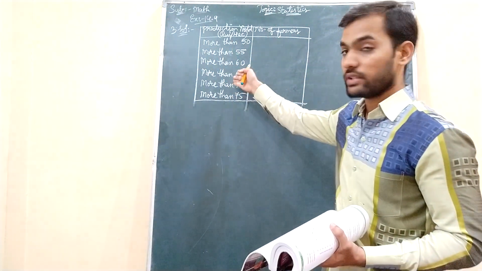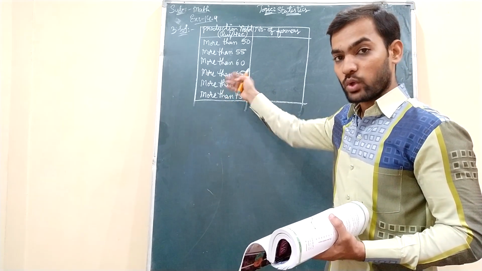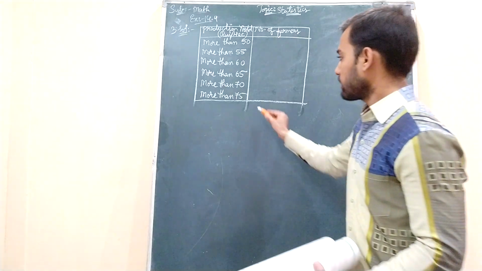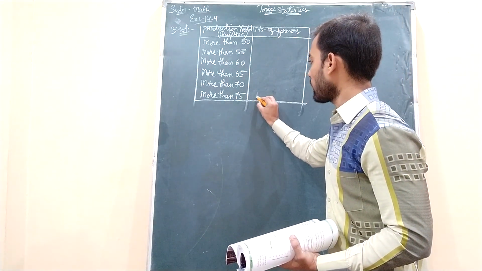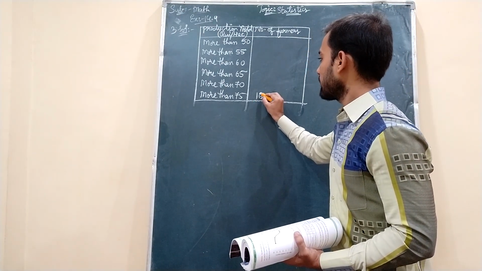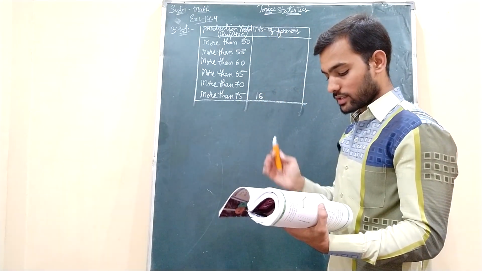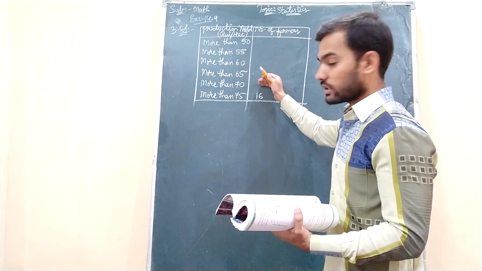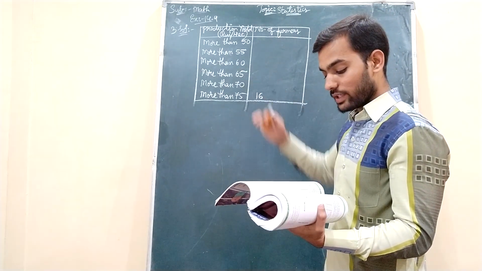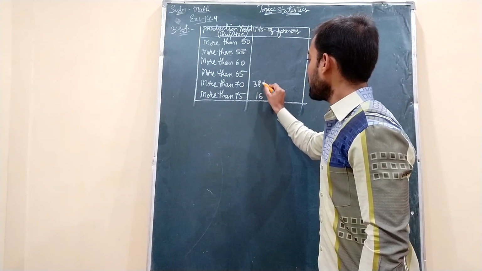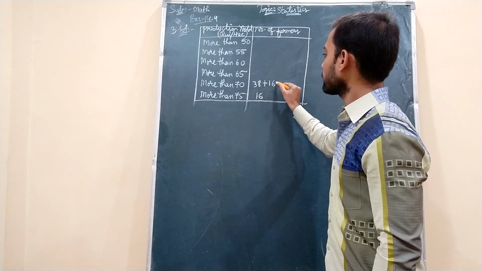Okay, students. So the frequencies should not be written here as given in the question, because you are converting it into a more than type distribution. We will start from the bottom onwards. First we will write 16, whatever is there in the question. Less than starts from the top, but more than starts from the bottom. So this 16 we will write as it is. And for more than 70, 38 is given in frequency, so this 38 plus this 16 we will do.